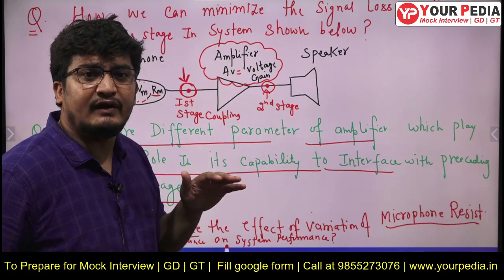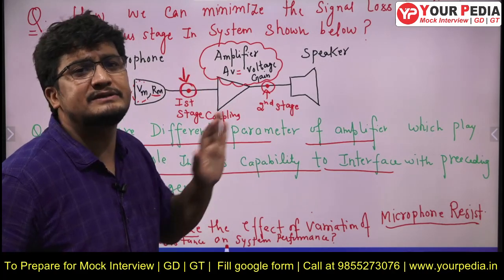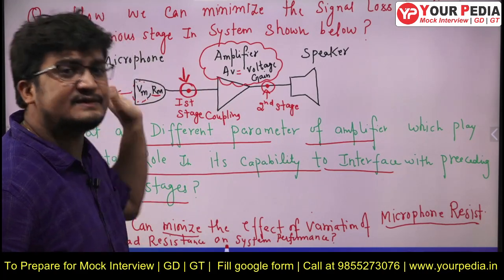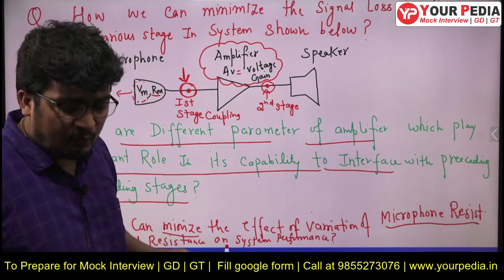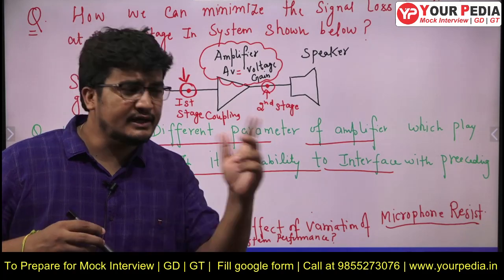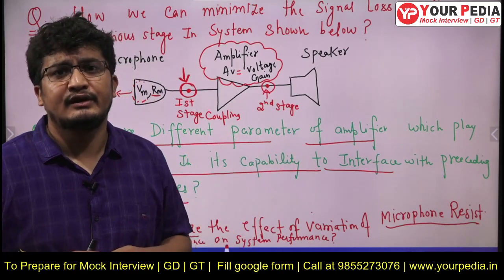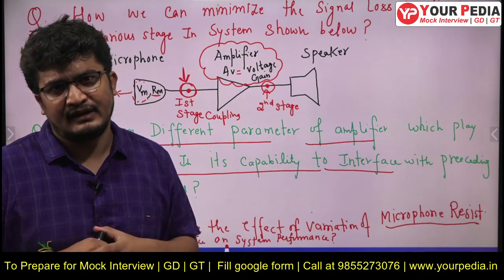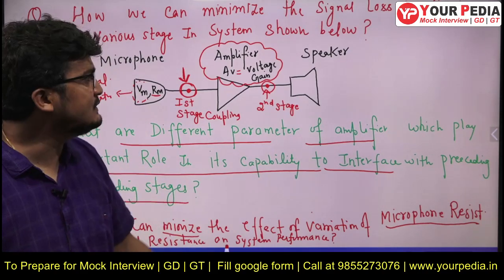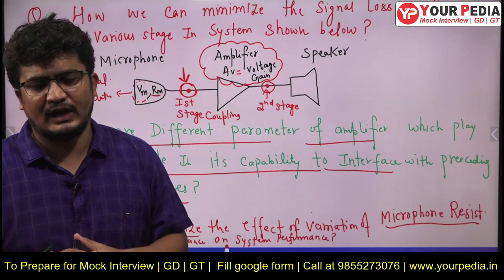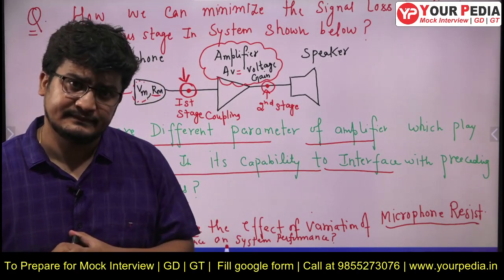Unless otherwise defined, this is the no load voltage gain, the open circuit voltage gain. Fine. And the microphone is obviously giving you a signal. So when you are going to represent a signal, you use two representations. One is the voltage equivalent, one is the current equivalent, which you might have studied in network theory like Norton and Thevenin. So in my discussion, I will assume this speaker as a load of resistance RL. So I will keep my discussion general.